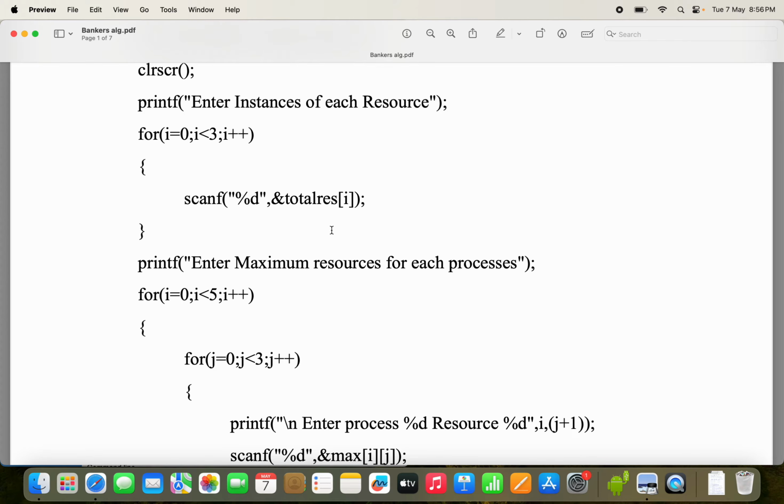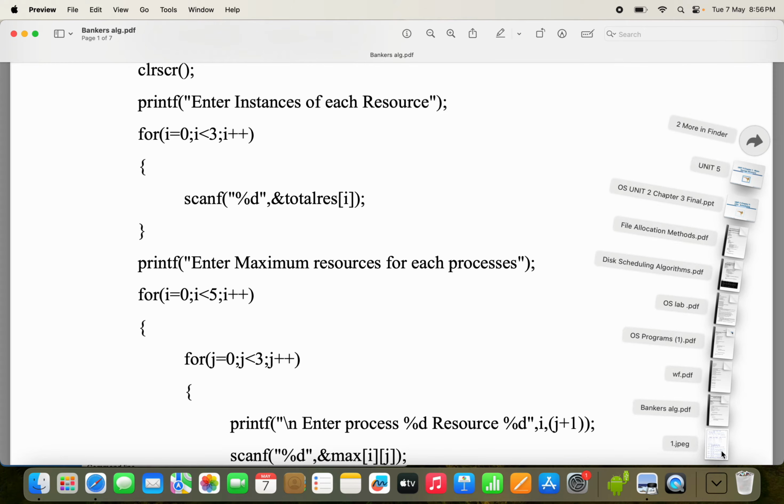Next, let us see the inputs here. The first input is printf enter instances of each resource. Here we have 3 resource types, which means more than 1 element, so we must use an array. So scanf of %d comma ampersand total RES of i. If you see the example here,